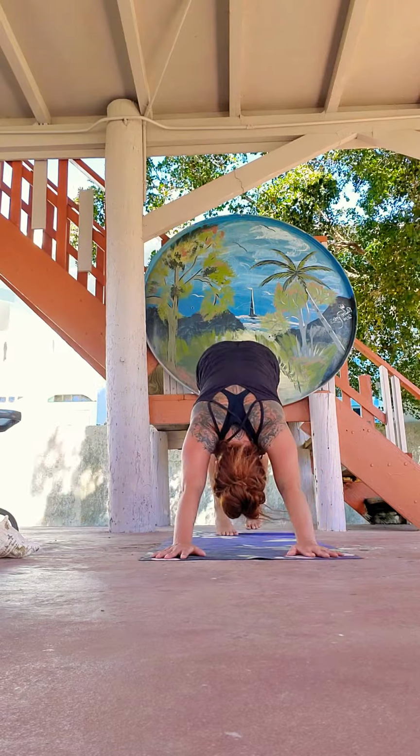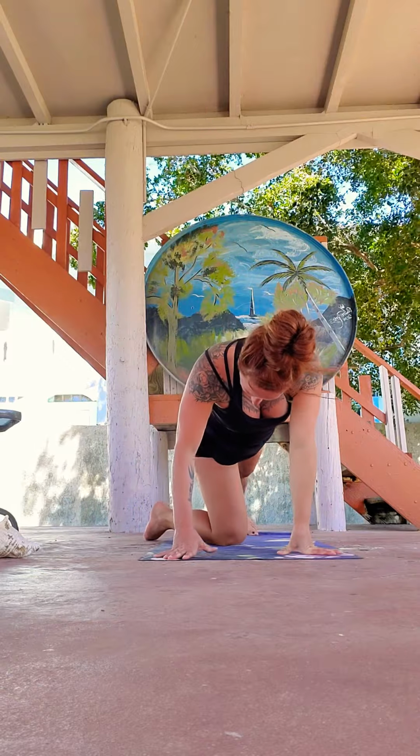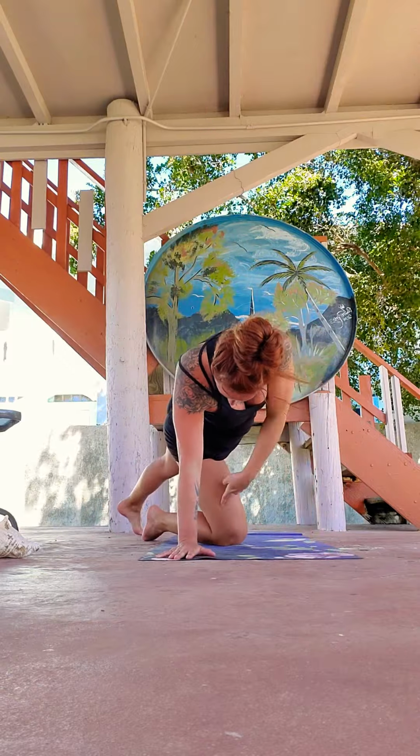Roll everything to the left, stack up the hips, stack up the heels. Now if you're modifying this and you're down on the knee, great. You can still do all of this. You're just going to do it with your knee on the ground, and you might have to just kickstand the knee a little bit. So take care to make sure that you're not putting your knee in kind of a funky position. If you're rotating with me, we're going to rotate from up here,